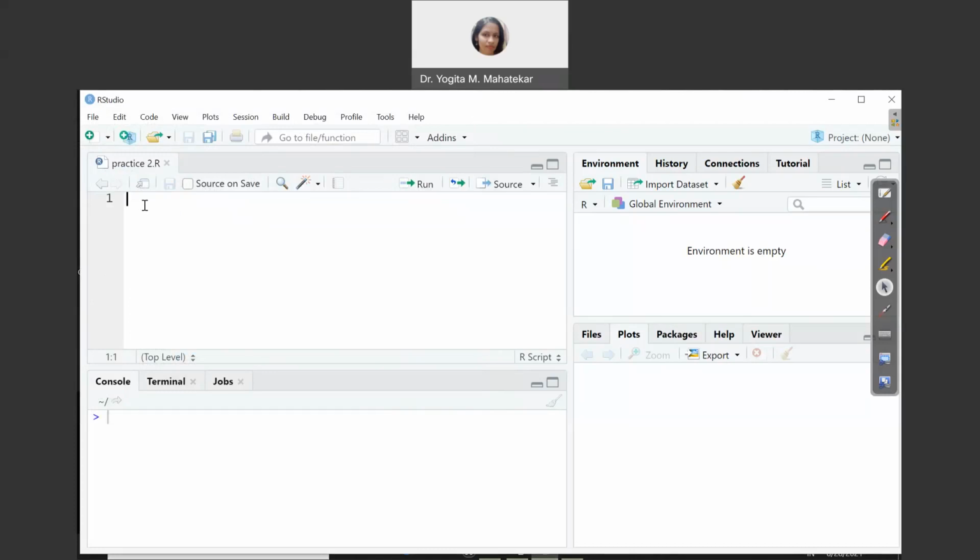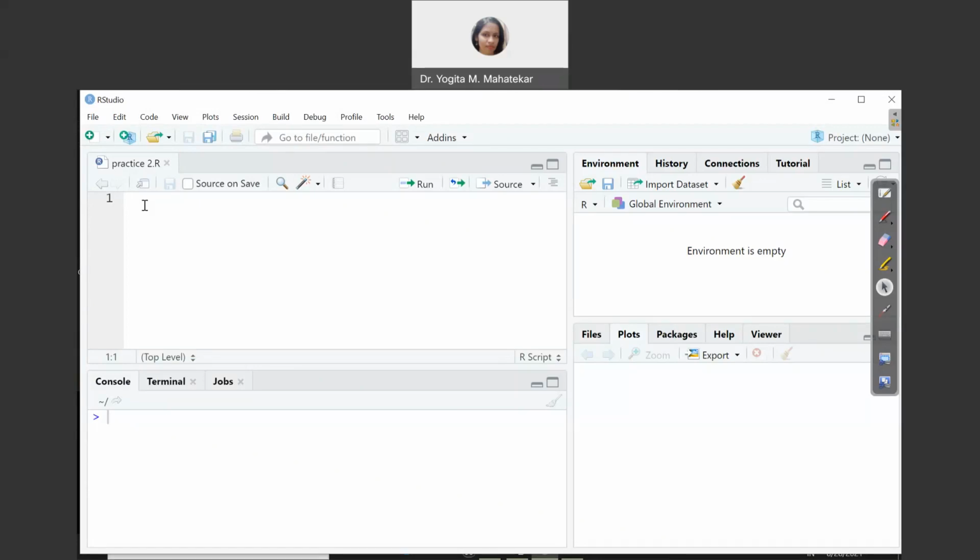After creation of your script file, whatever you write in the script file will get saved, and later you can use those commands, or even if you don't remember any command, you can have a look at these script files where you have practiced commands in R. So later you can refer to it. So that's the use.